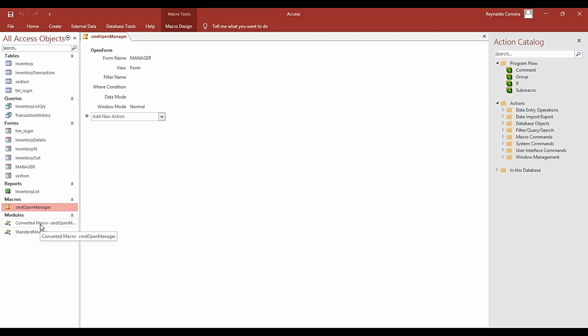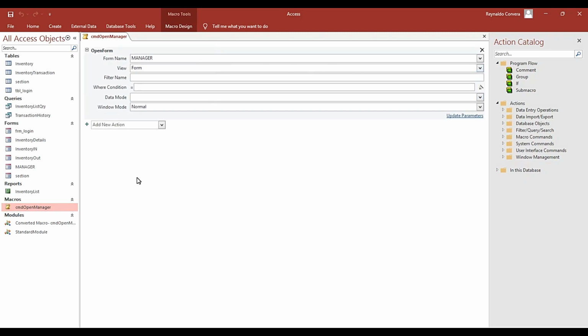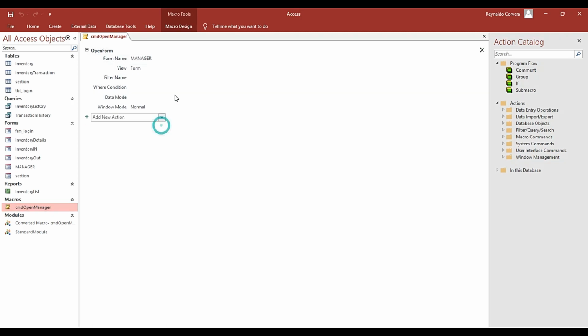So what is the difference? Why do we need to use macro, or when do we need to use VBE? As you can see here again, this macro is limited. We are restricted to choosing only whatever actions and parameters are available in macro. The disadvantage, although this is very easy to use, because even if you don't have any knowledge of VBE, if you use this macro, it's easy for you. However, if